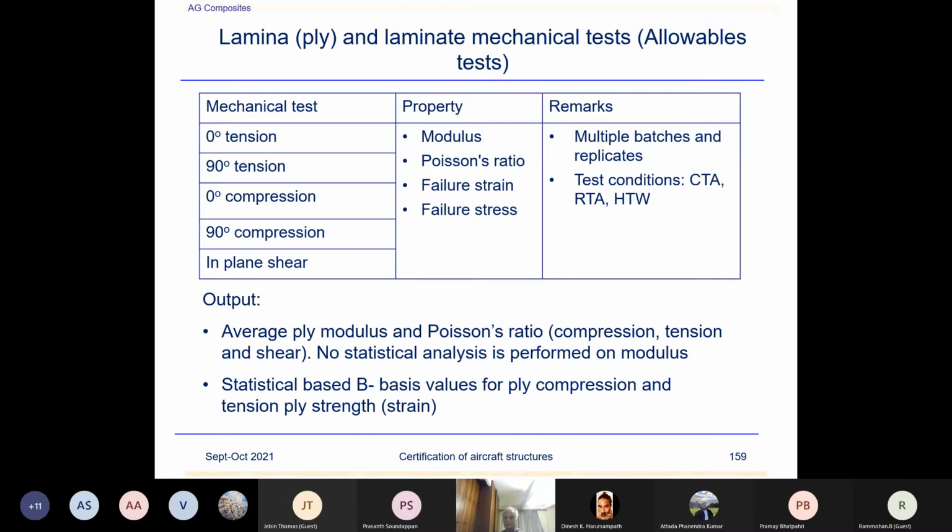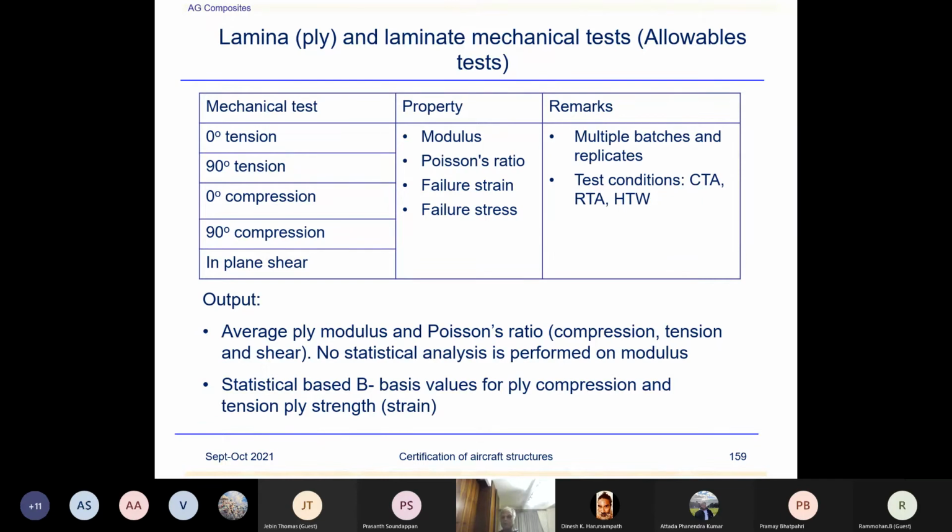Test conditions: you have to test various environments, like cold conditions. Cold temperature could be -65 or -55 centigrade, or hot temperature like 70 degrees centigrade. If you're working with a fighter aircraft, whose operational temperatures may be higher, it needs to be tested at 80, 90, depending upon your requirements, you would consider